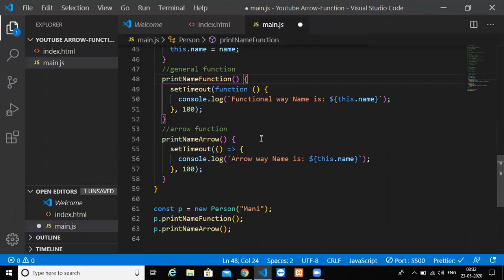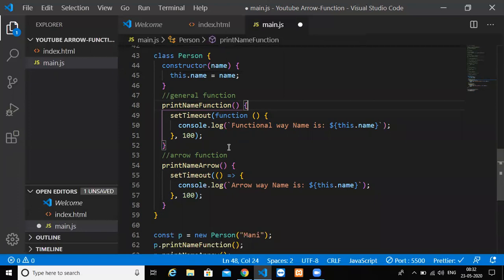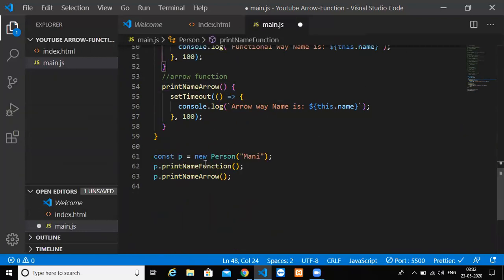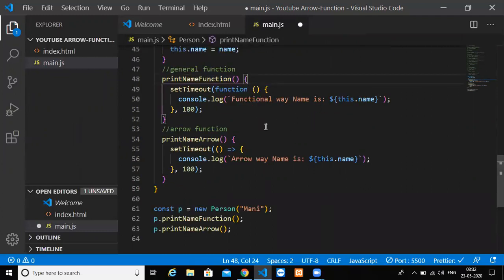I know in the beginning it is really hard to understand, but try to figure it out. A general function in JavaScript will be pointing towards a window object. An arrow function will not point to a window object as it doesn't have its own this. So it will point to its parent function's or parent method's reference point, that is the person object, or this particular p. Hence arrow function will give you this particular data, and normal function will not. So that's the main difference between arrow function and normal function, right?